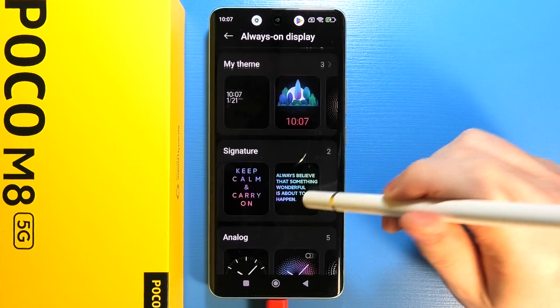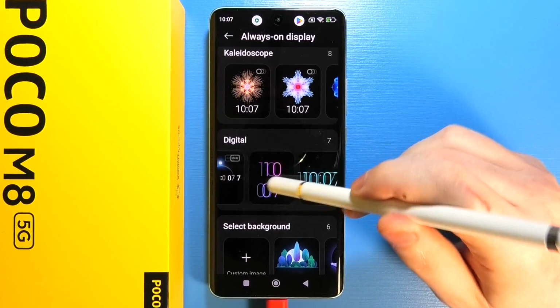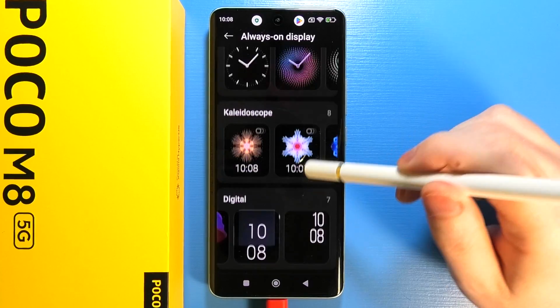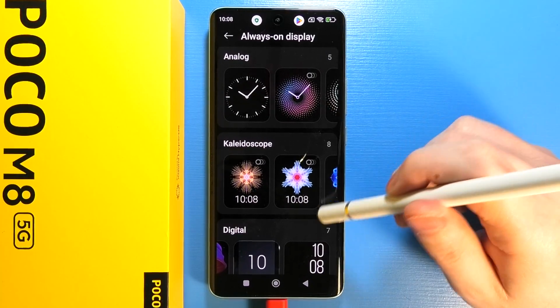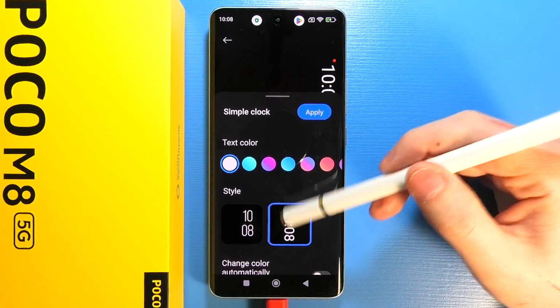Make sure it's enabled, and then we can choose whichever always on display style we want to use. Keep in mind that most of them will offer different options for customization. So if we choose this one, we'll be able to change the style, so we can have a clock sideways,